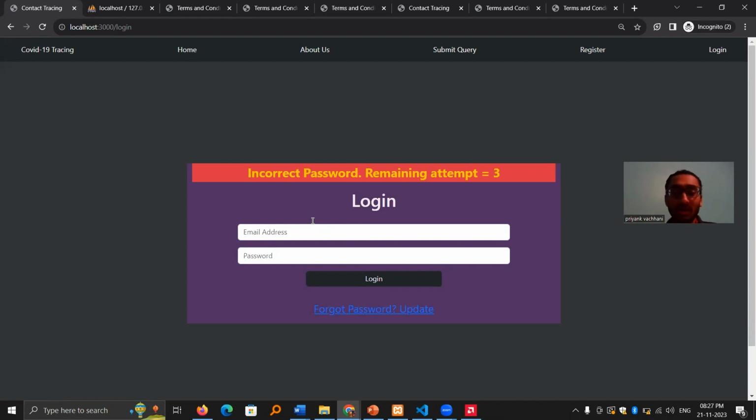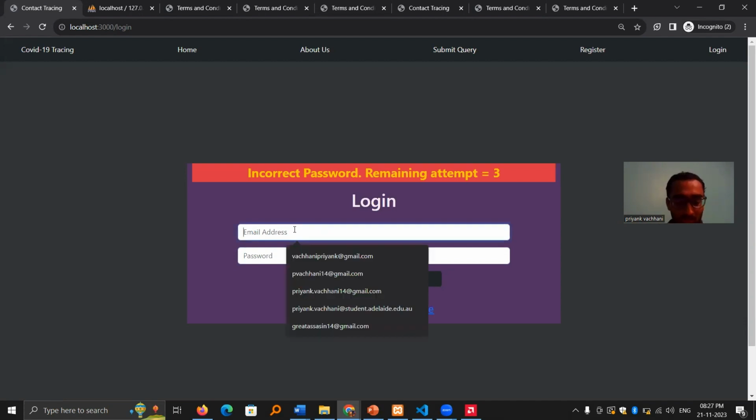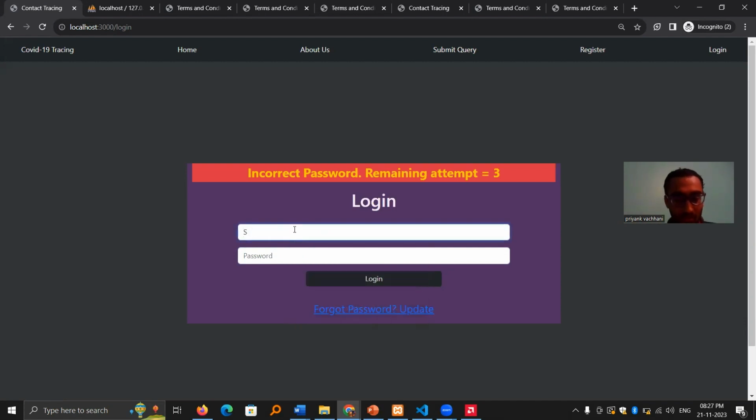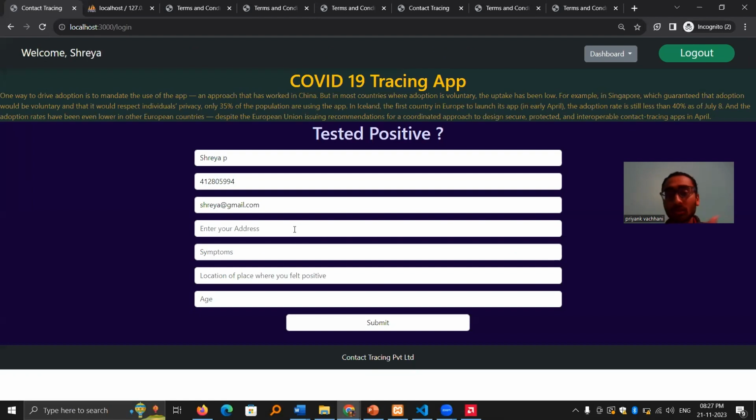Then again, I have to go to the admin panel and restart it. And this was the third one. Let me quickly add the correct password and then log in to this account. It worked. So basically, the one functionality which we have added here is to add a report of that